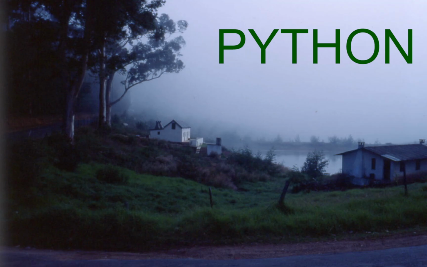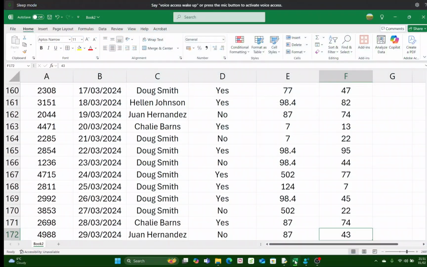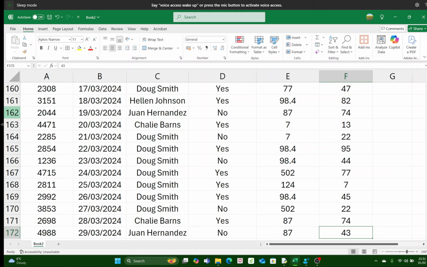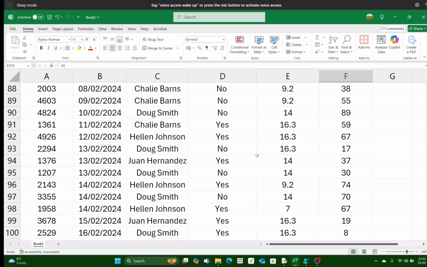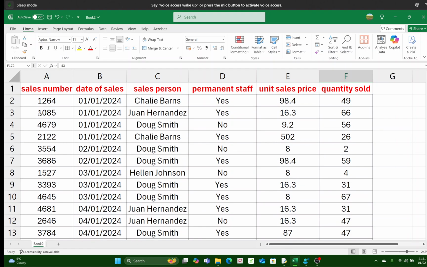Hello everyone, today we're going to learn how to declare an array of records in Python. Now you'll see we have an Excel spreadsheet here with a lot of data, and here is what the data means. It's a table detailing the sales every day for all the salespeople of a company,